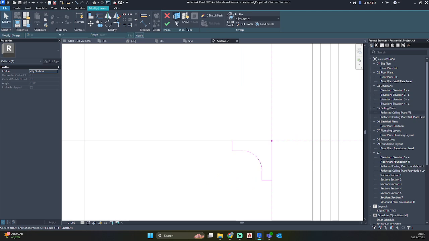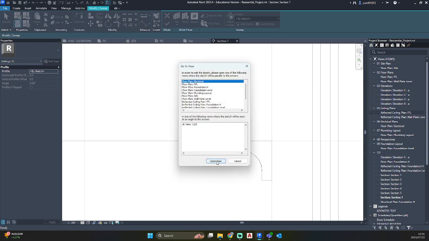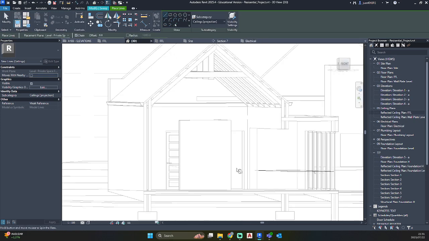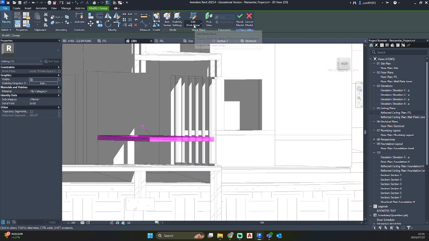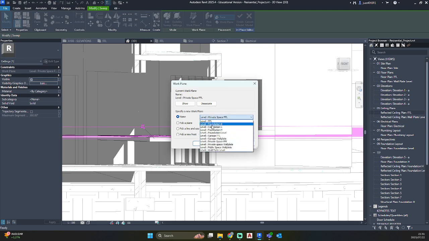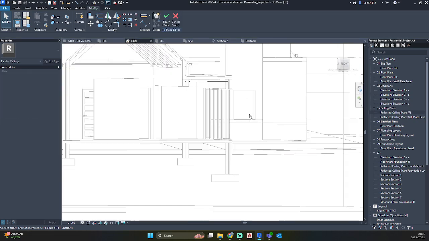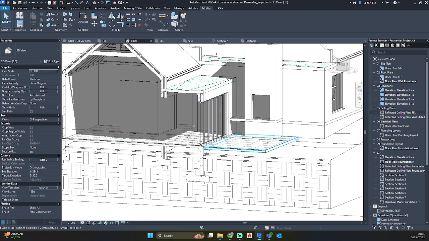There we go. Set work plane, public space wall plate. Edit the work plane. And there we have our cornice.